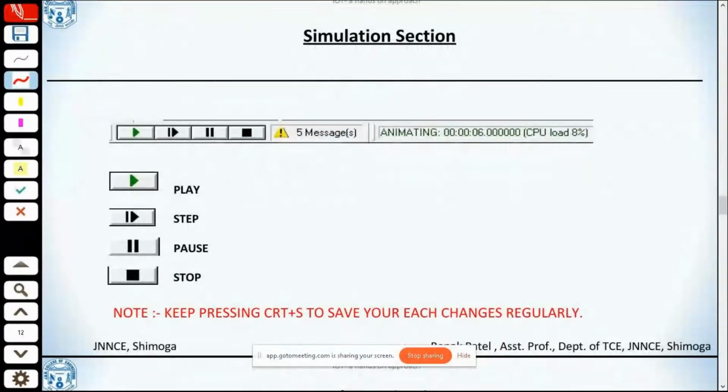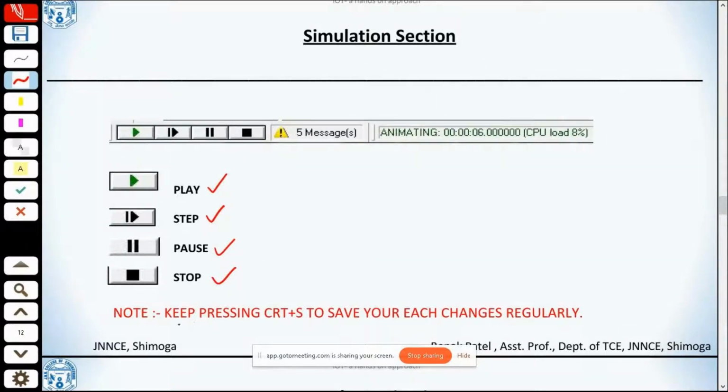And under the simulation section, we are having this play, step, pause and stop button. So while simulating our schematic capture, we can make use of all these buttons in order to simulate our schematic capture.